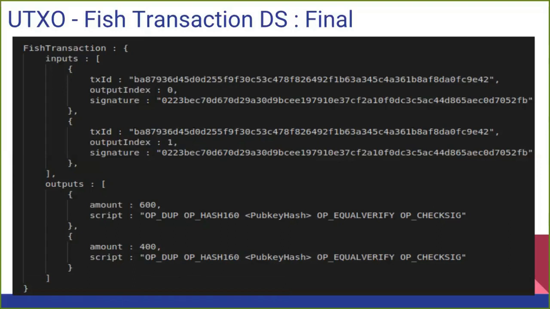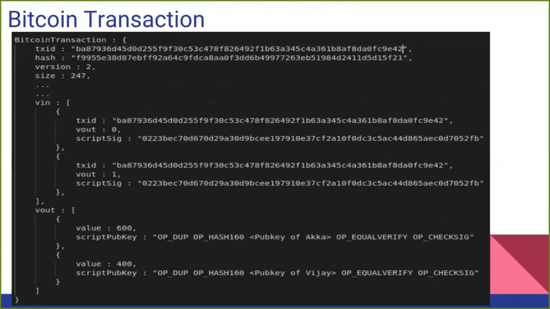Now let us see how an actual Bitcoin transaction looks. Then we will understand whether we have done it properly or not. See, there is no difference between our FIS transaction and the Bitcoin transaction. Only the names are different. Here they call it vin and vout: vin because this is the input, and vout because this is going to be the output. Of course there are some other parameters, but the basic structure is what we have already designed, right? So till here, do you have any question?